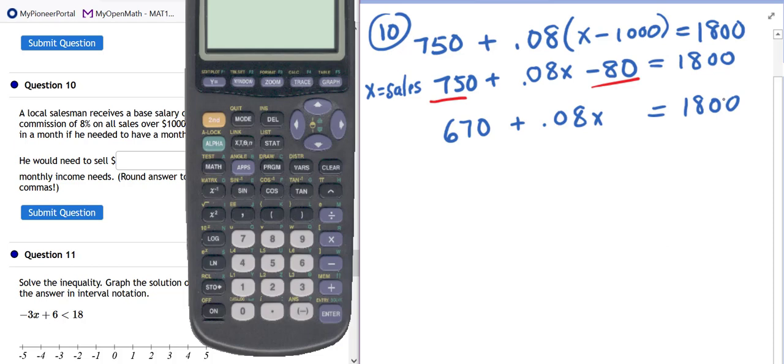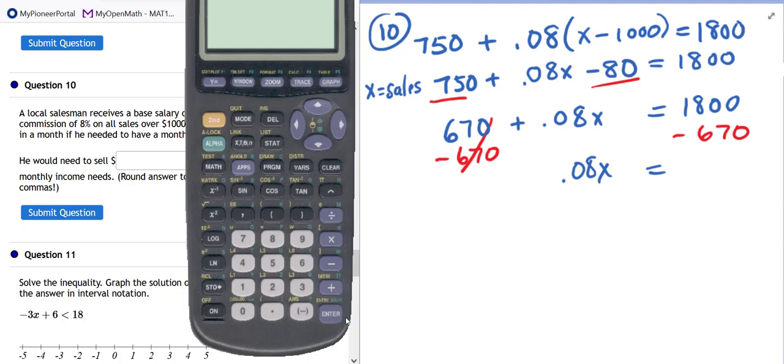Sorry, I'm not lined up really nice there. You're going to get rid of your 670. So 1,800 minus 670 is 1130,